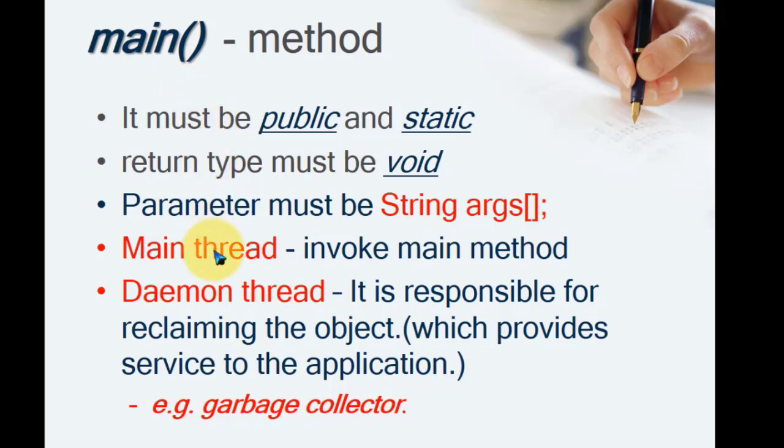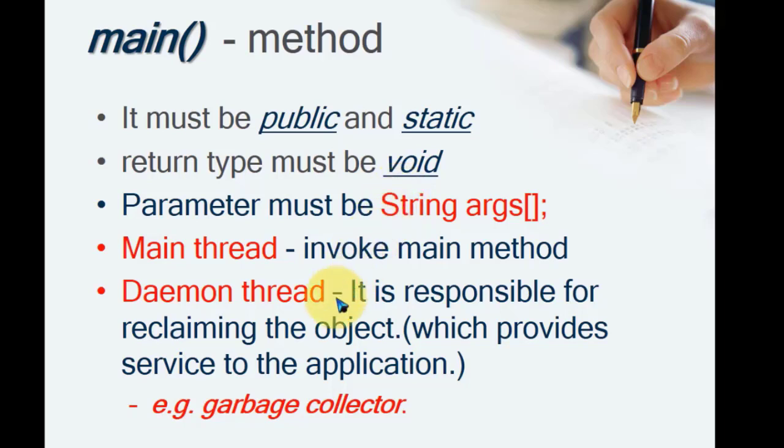So main is your entry, and that's why it must follow whatever syntax is preferred by the developers who developed the programming language. So public static, it must be the same. It should be void there because we cannot return anything to the main. No use to return to the main, right? Because we cannot catch those values.